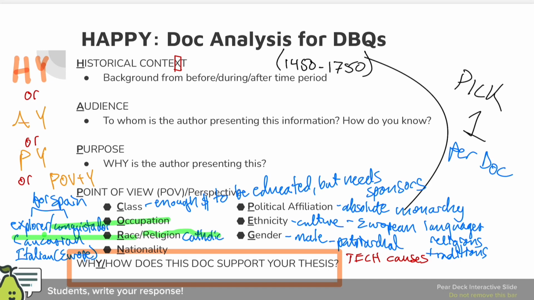I could have gone with point of view. I could have gone with audience or purpose. It doesn't matter which of these you use, so long as you use one of them plus answer why for 3 out of the 7 documents. Okay, now the next part on your worksheet